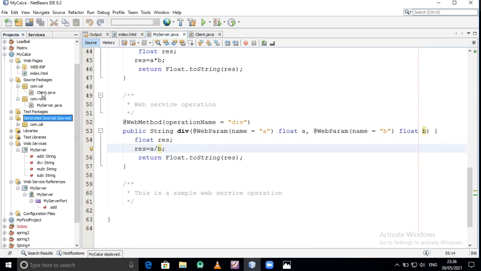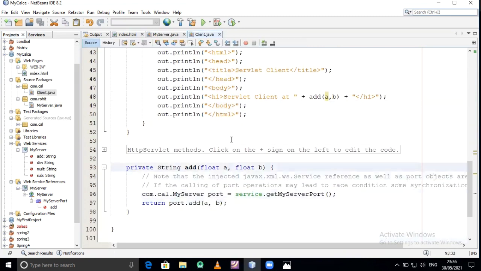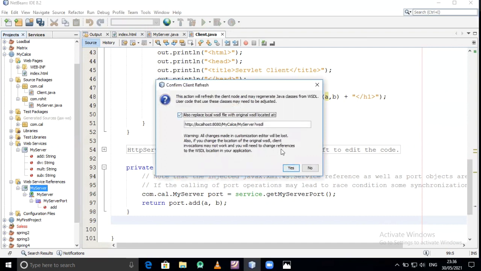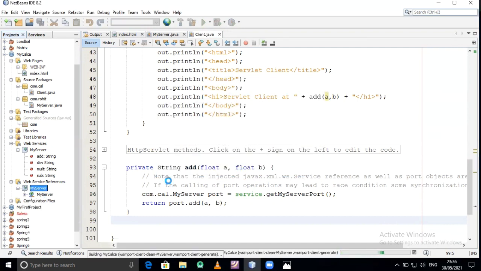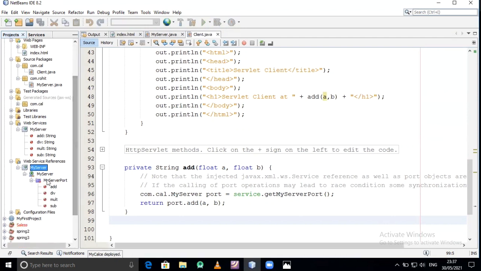So next, for the client, I have added the add operation. Again, same thing. For the web services, just refresh it. All the operations are automatically added over there under my server port.